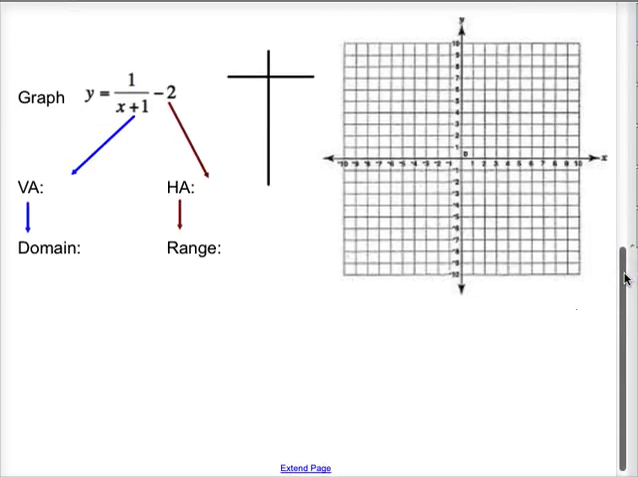So here's our equation, y equals 1 over x plus 1, minus 2. All right, so the x plus 1, that is shifting my vertical asymptote. That is shifting it 1 to the left. Remember, when you see a plus there, it is actually shifting it opposite of what you'd expect. So here I'm getting my asymptote